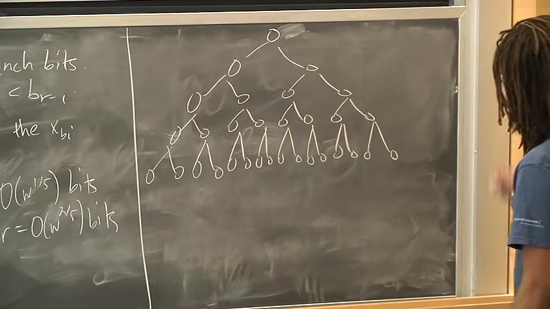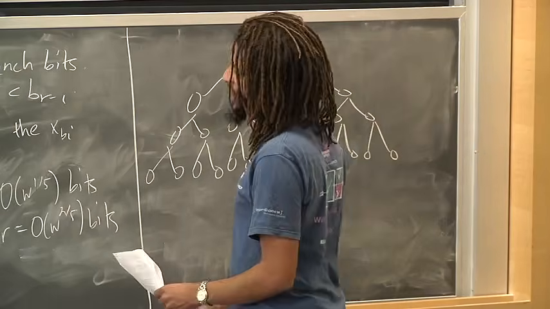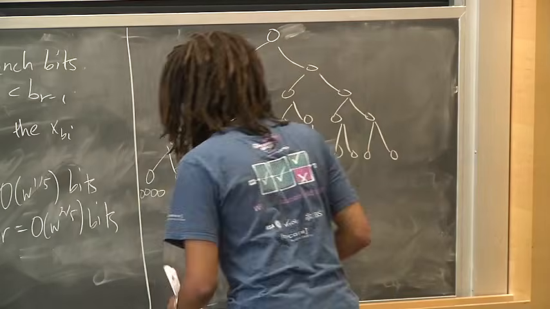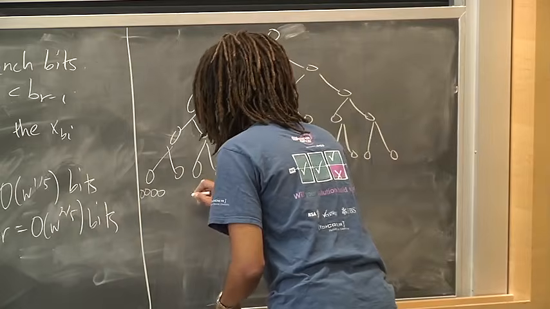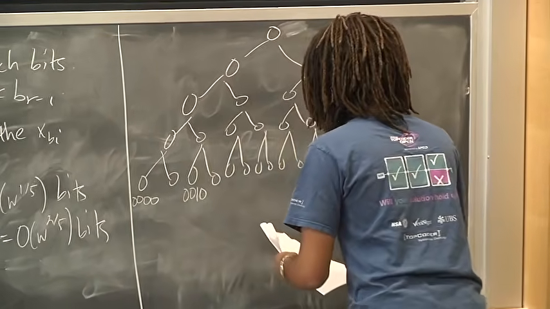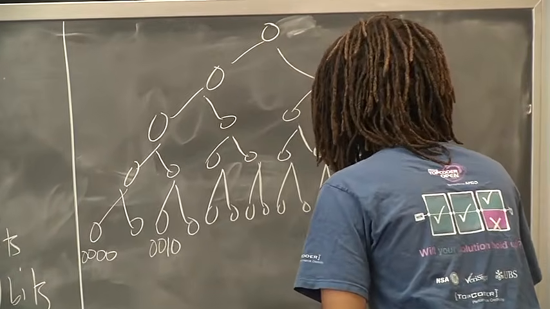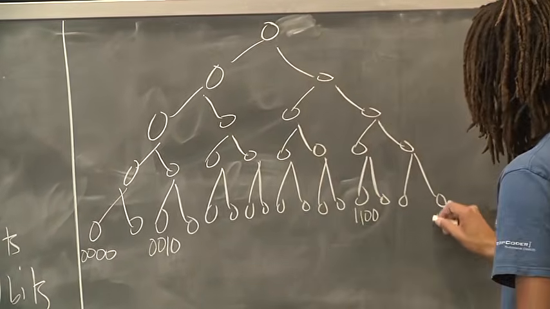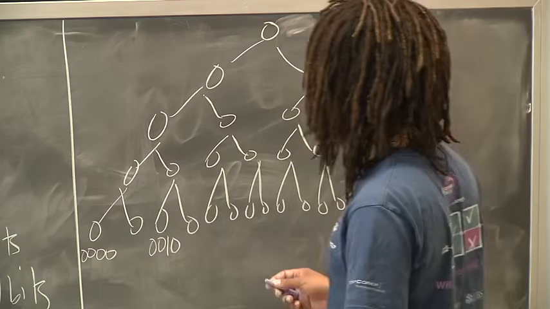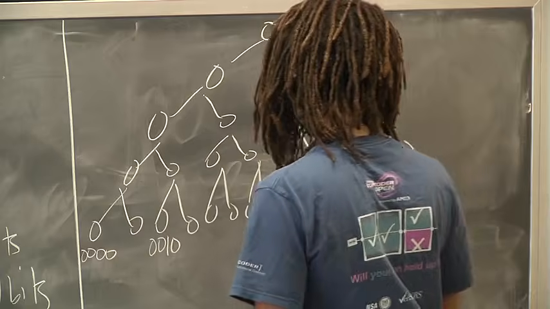Imagine that the xi's that we're actually storing are the following. One is 0, 0, 0, 0. So W here is 4. One is 0, 0, 1, 0. One is 1, 1, 0, 0. And another is 1, 1, 1, 1. Okay, so in the tree, the things that matter here are